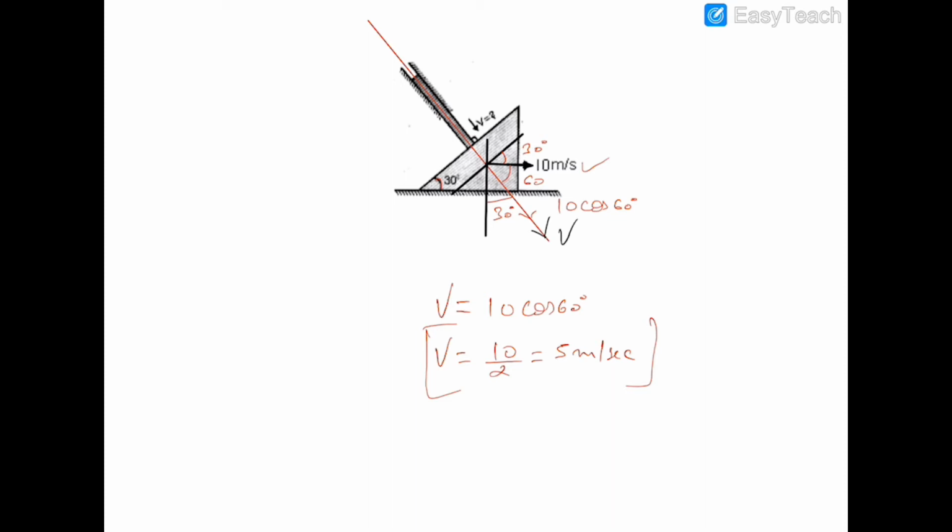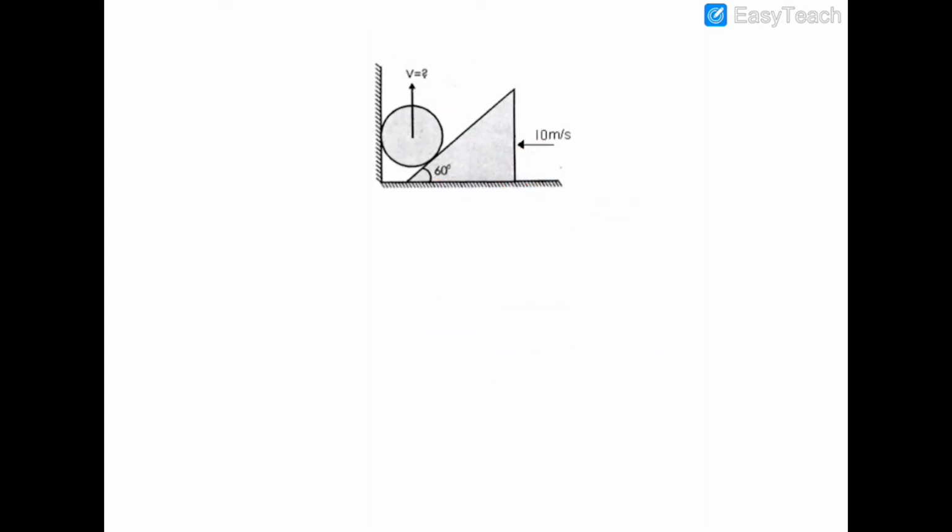So let's move forward to the next question. Now in this kind of same problem, again we have to find the velocity of this ball, and we are applying the 3 steps which we have already discussed in previous problems. The first step is the identification of the directions of the velocities of the objects, and it is already given in the question, and now we are drawing the normal to the moving contact. So the normal to the contact will be like that.